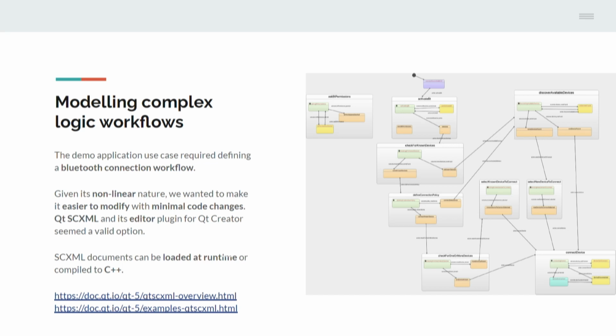Okay, so instead of encoding everything in code, we leveraged Qt's State Chart XML framework, and the visual editor plugin that is shipped with Qt Creator. So you already have it in Qt Creator, you can just activate it if you need it. This is an example of the Bluetooth connection process. We don't need to go into details, but the point is that, as you can see, again, it's a very highly nonlinear kind of process, and there are some